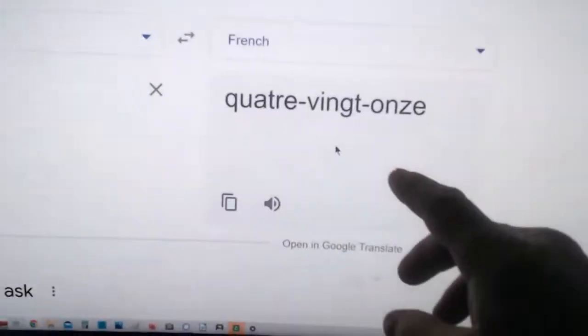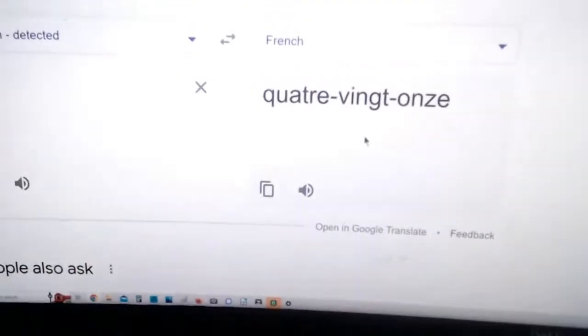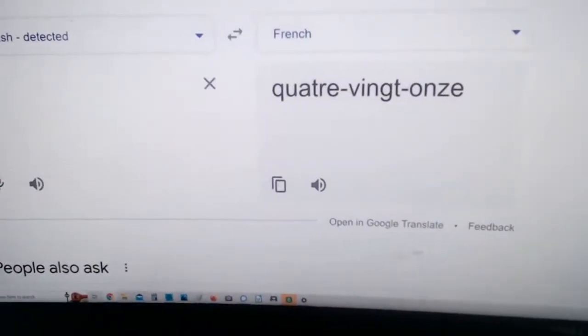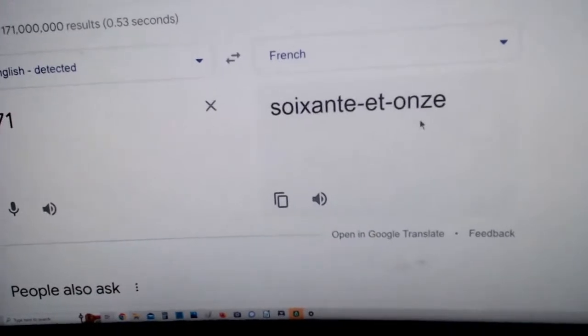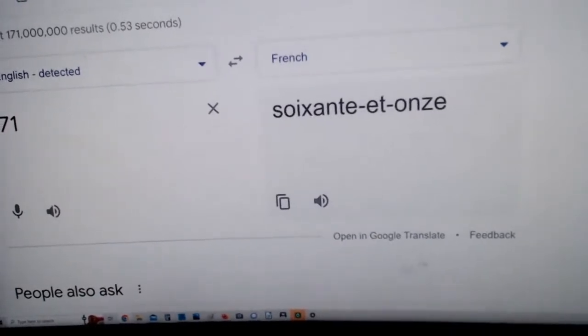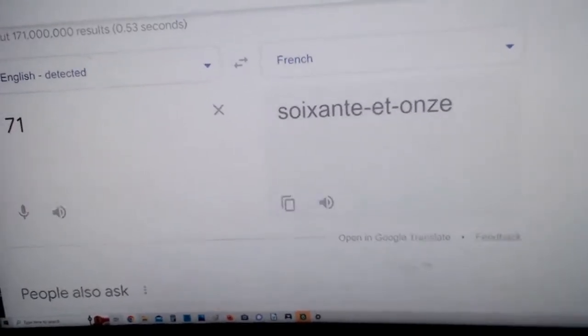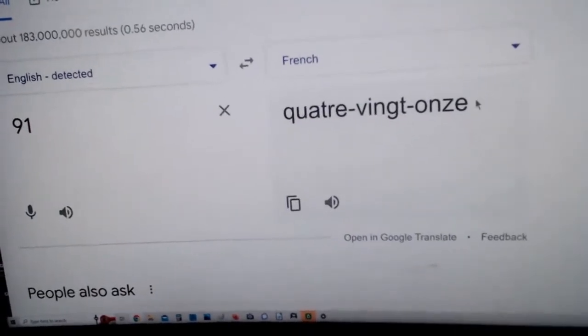In French, that's 80. You see, in this one, when you're in the 70s and 90s, how do you say 71 in French? In French, you would say 71. You see, 71. How do you say 91 in French? In French, that's 80. You see, there is no ET in this. So,